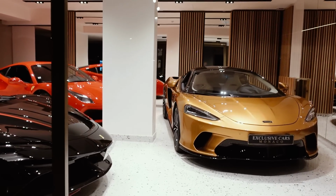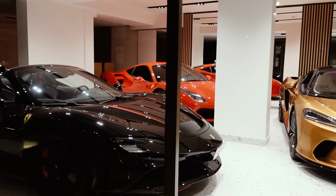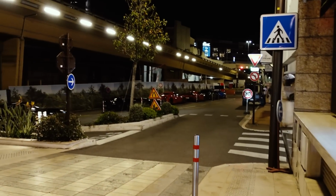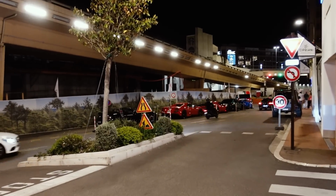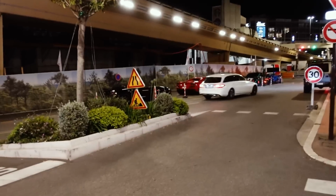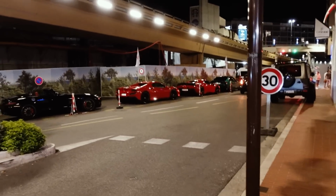Nothing like a spot of window shopping in Monaco post-dinner. But the difference being, you can see these cars in the showroom and then turn left and see the majority of them parked up as the owners have taken them out for dinner. So myself and Sam are now going to be on foot trying to find...